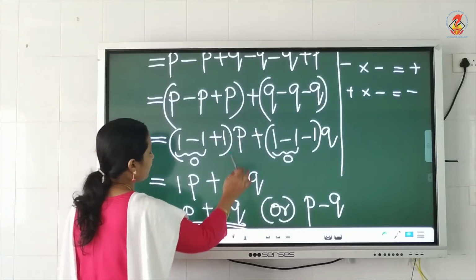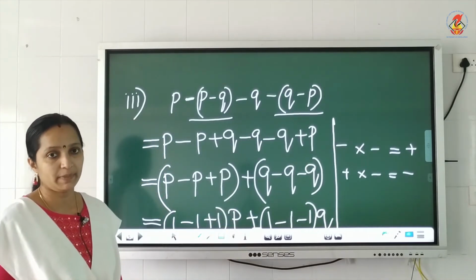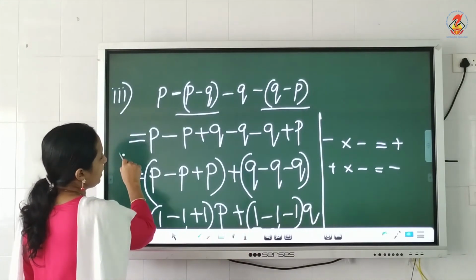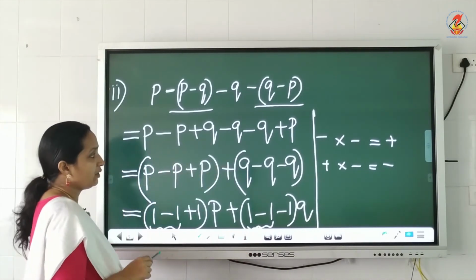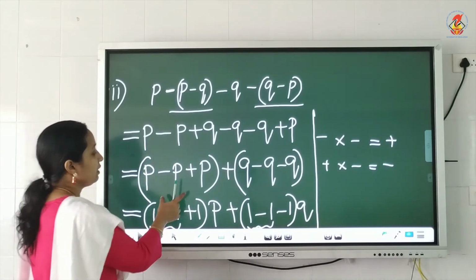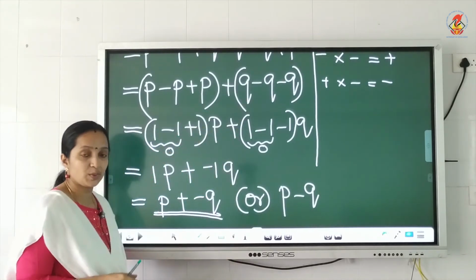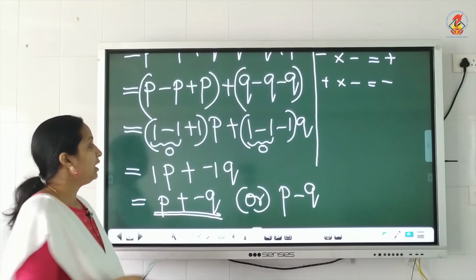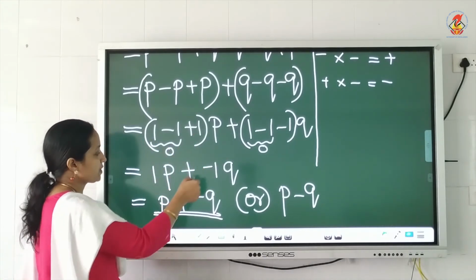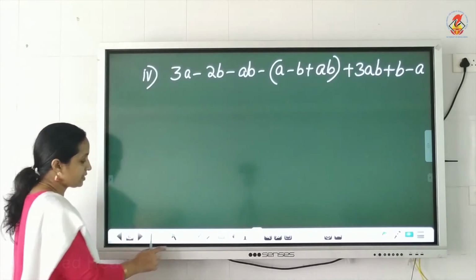So the first step for doing this question is, if there is a bracket in the question, you have to open the bracket and write the expression this way. After opening the bracket, what do you have to do? Just group the like terms, write the numerical coefficients together and keep the variable outside. This bracket is very important, okay children? Now solve the groups. You will get the answer. I hope this answer is clear. Now move to the next question.